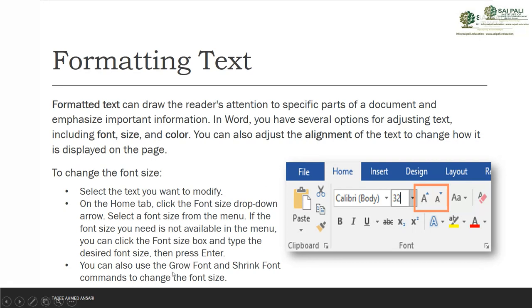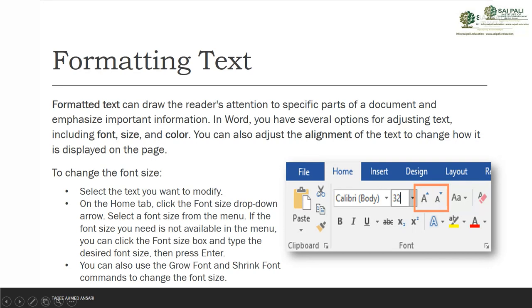You can also use the Grow Font and Shrink Font commands to change the font size. Alongside the drop-down menu, you have these two commands, font increase and font decrease.